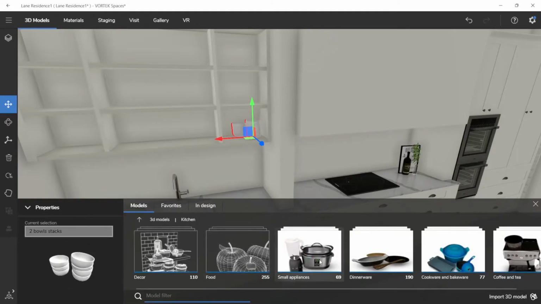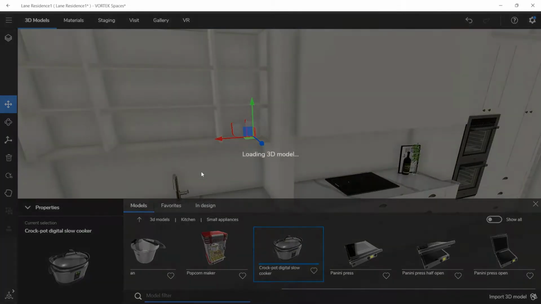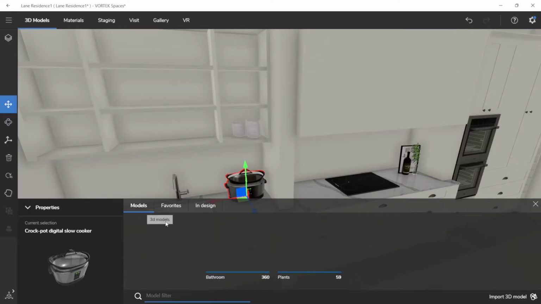After that, if I go back to the kitchen here, we have small appliances, stuff again that you can put even on the shelves or on the countertops like that. We have in the 3D models a lot of